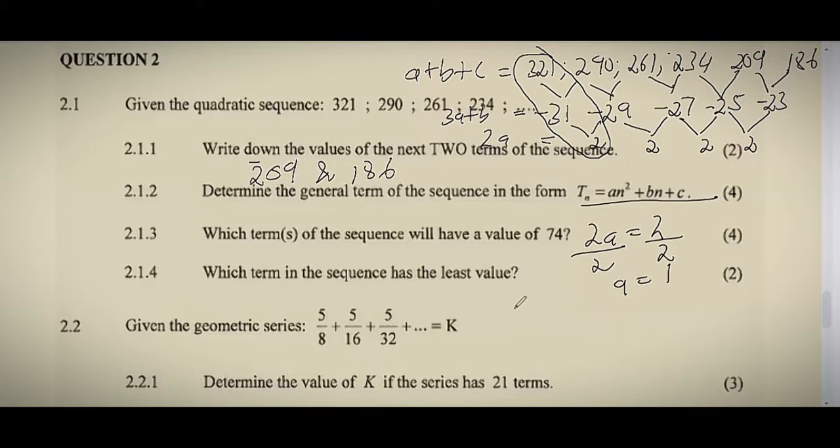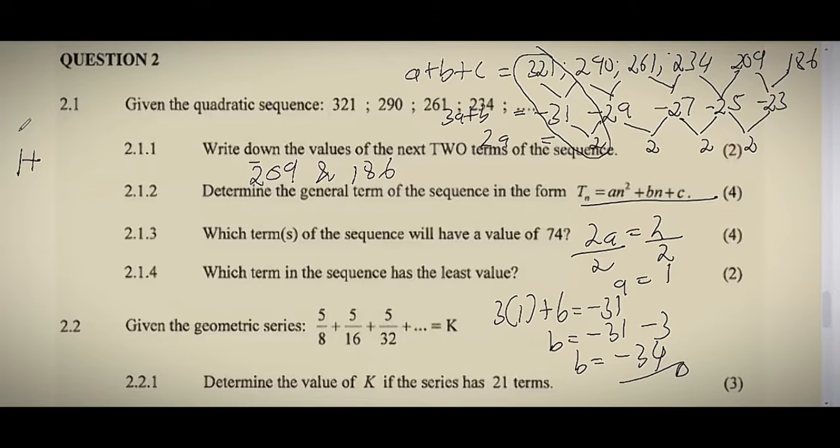And then if we want to find the value of b, that's 3 times 1 plus b is equals to negative 31. So our b is negative 31 minus 3. So b is equals to negative 34. Right. Then to find the value for c, we have our a is 1, and then our b is negative 34. So that's 1 minus 34 plus c is equals to 321. So c is equals to 321 minus 1 plus 34. So I just took all this, transposed it over to this side. So 321 minus 1 plus 34, that's